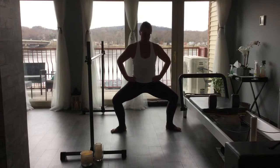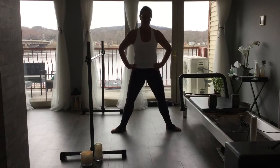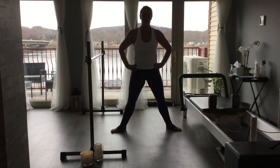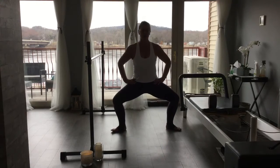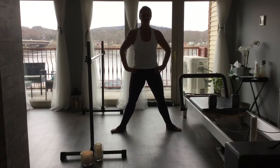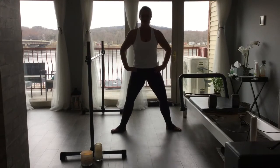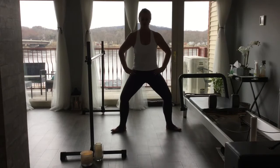So wide second plié, lift. And lift. And see if you can get your heels digging into the ground just a little bit. And even if it's just in your mind, think about big and second toe floating